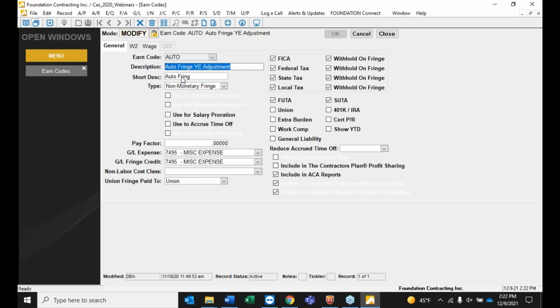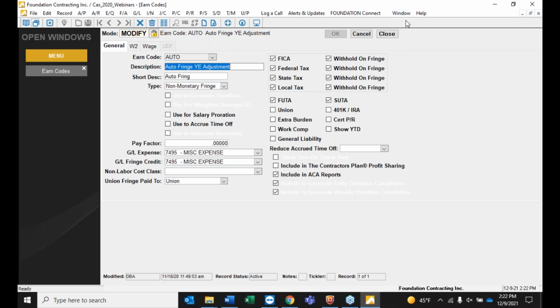And there's nothing much different here. It's non-monetary. We're debiting and crediting the same GL, but this one we deem to be taxable. And of course, you could pick and choose which taxes. Now, you can choose not to withhold, but the person is still going to be liable for those taxes. So in this example, we are withholding so that they will appear to have paid the right amount of taxes